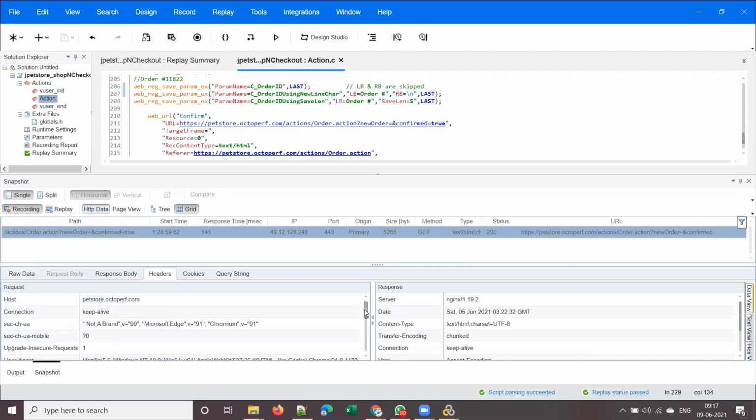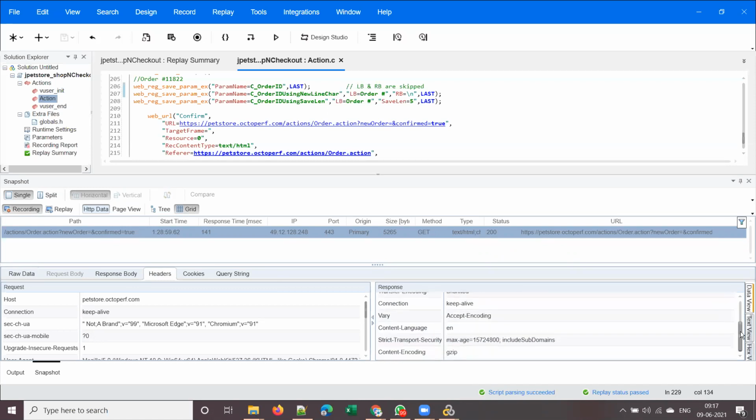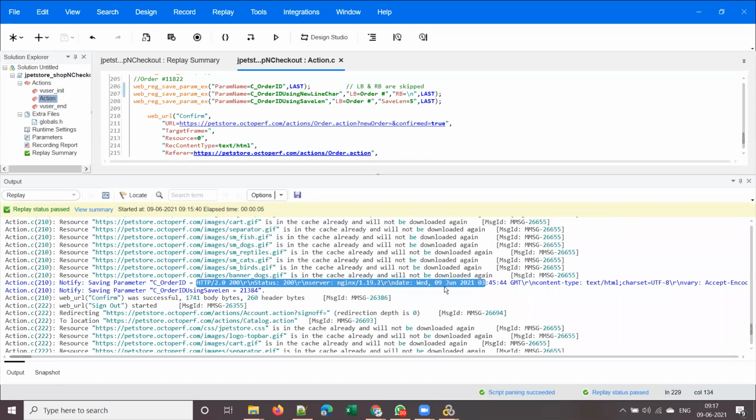See, these are request headers and this is the response header section. What are the response headers that we got? See here: server nginx 1.19.2, date, content type, transfer encoding, connection. These are nothing but response headers, right? And that's what you are seeing in the output. Of course, not in that order, but you see content type text/html, and you see the server name nginx 1.19.2, date and all, right?